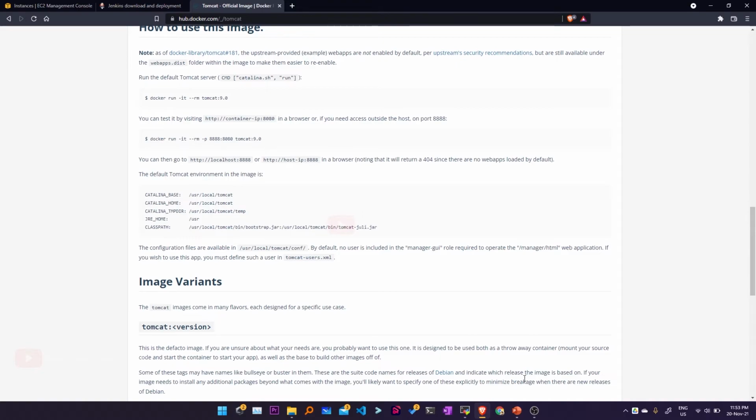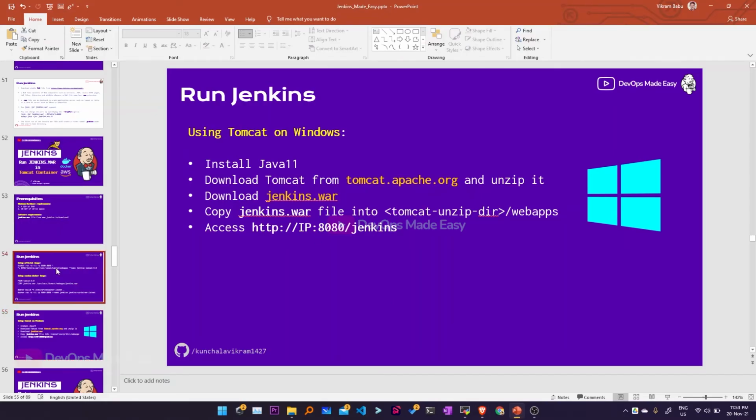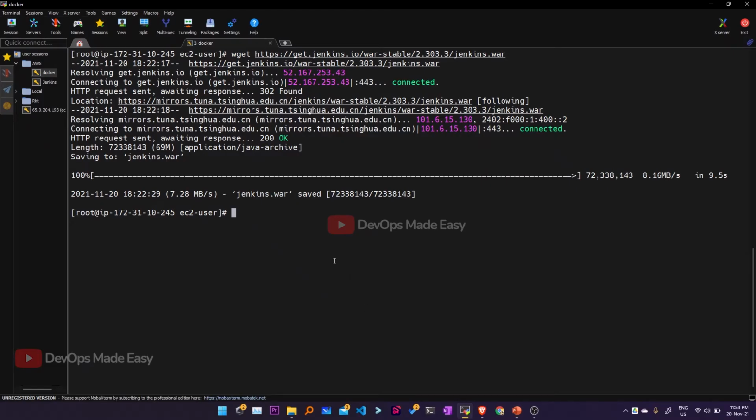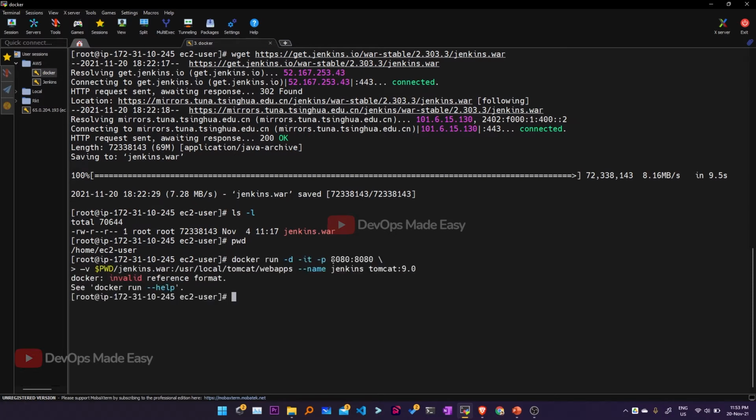Now I'll take the command which I already showed in the presentation, and I'm going to run it. By the way, the jenkins.war file is downloaded, and it is under the directory /home/ec2-user. So I'll paste the whole command from the presentation.